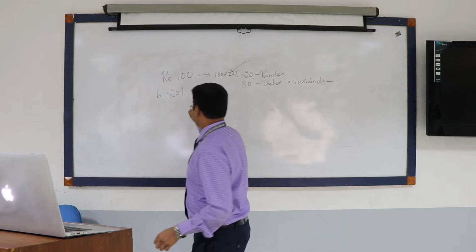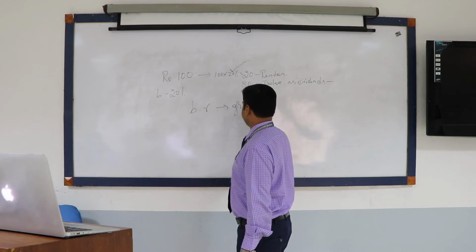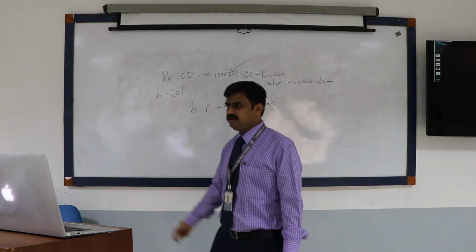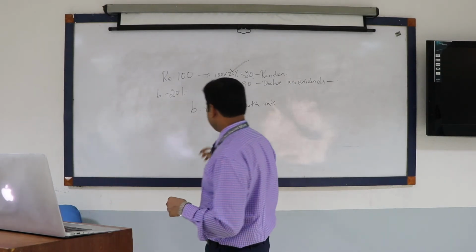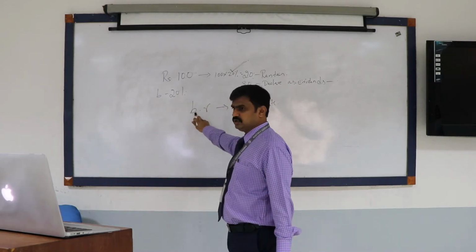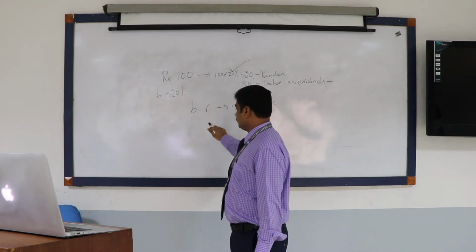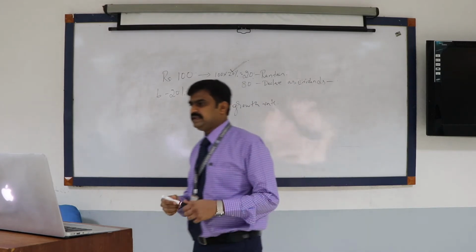When I multiply B into R, I get the growth rate, the rate at which the earnings grow if you invest in this particular company. So retention ratio into R is nothing but your rate of return, the internal rate of return, and when you multiply, you get the growth rate. Is it clear?